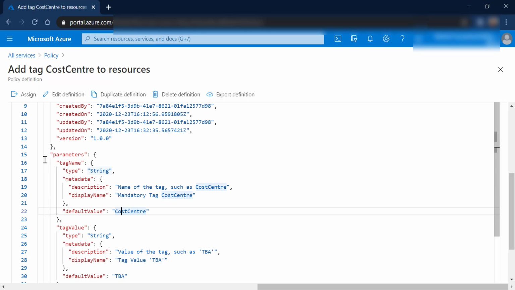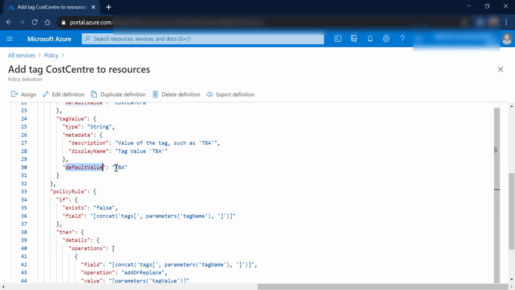So you can see that in this particular case, I'm using the parameters tag, and I'm passing two parameters, tag name and tag value. The tag name value I'm giving is the cost center tag, and the value at the moment I'm going to give the default value.